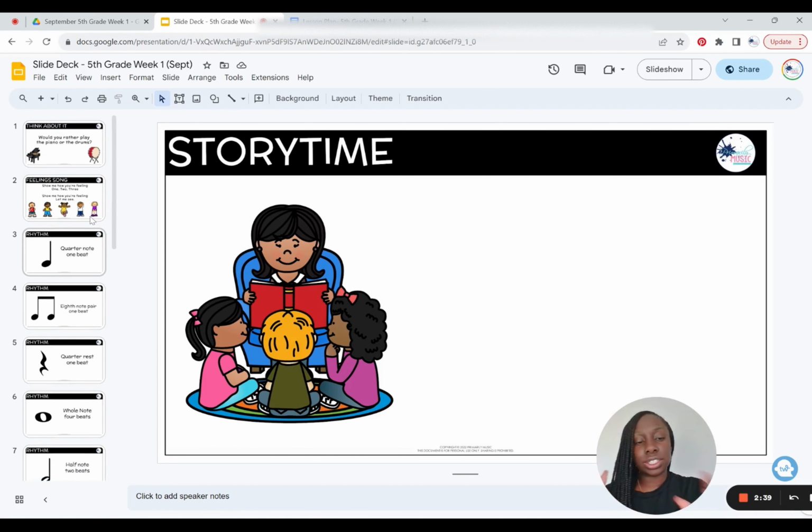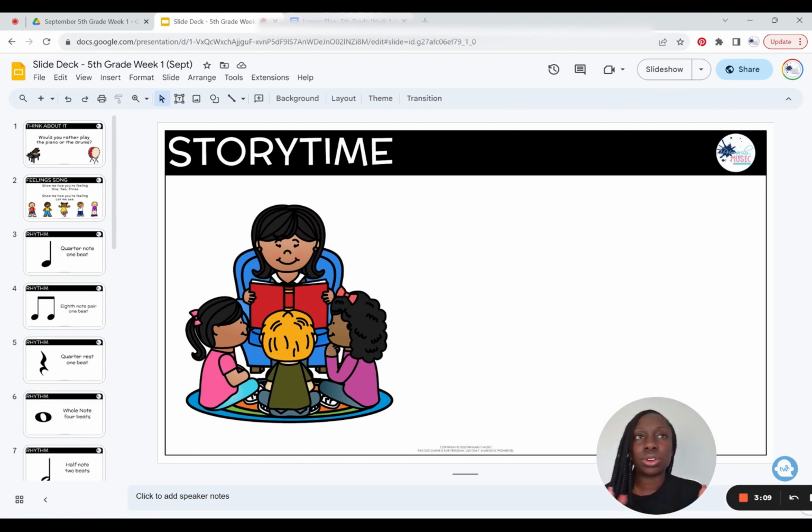As you can see, as the grades increase, the activities decrease because you spend more time on each activity. Gauging this as about a 40-minute class, for kindergarten and first grade I do about 10 to 11 activities.